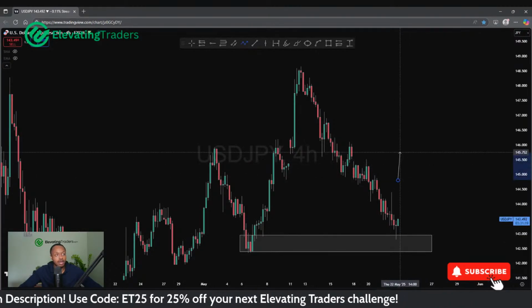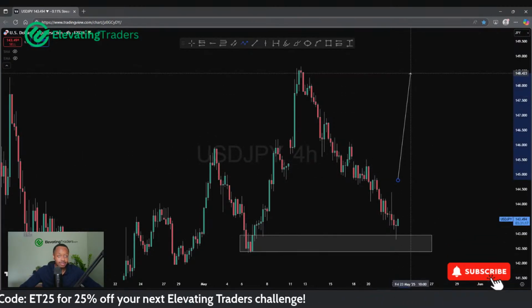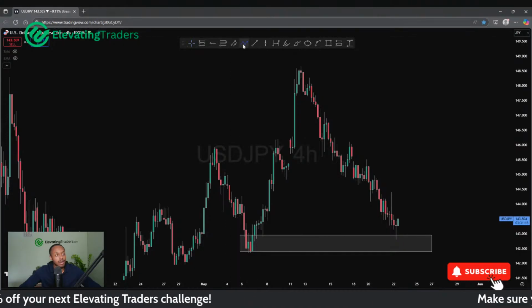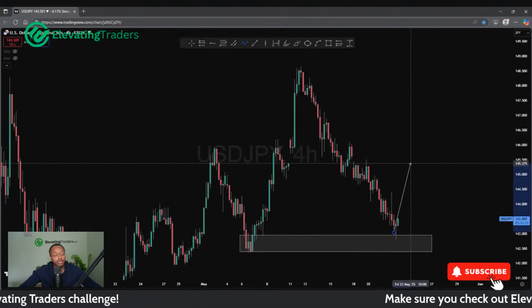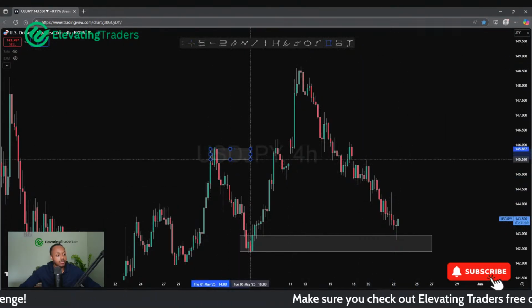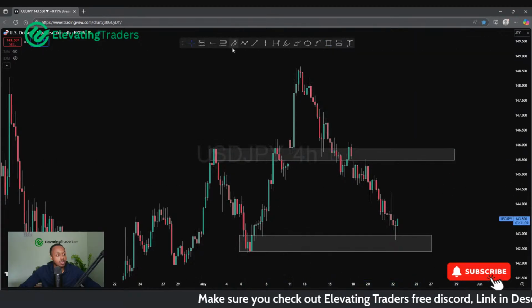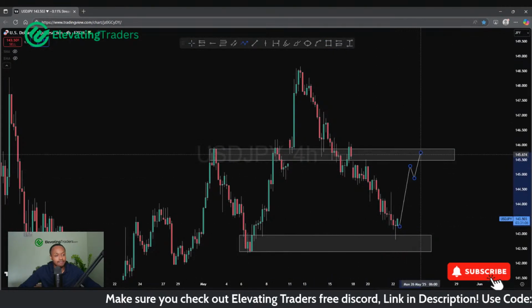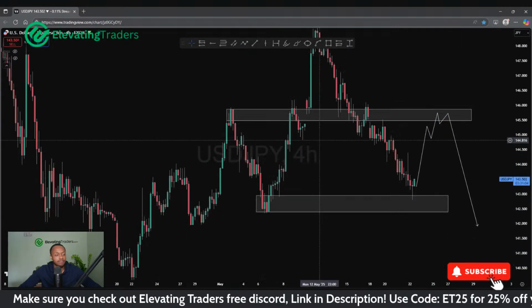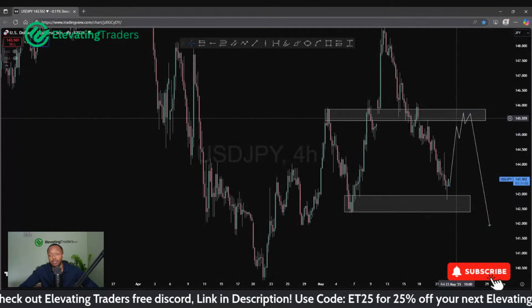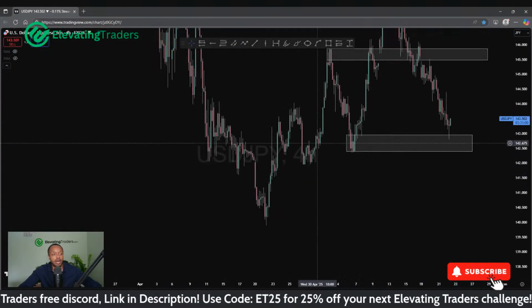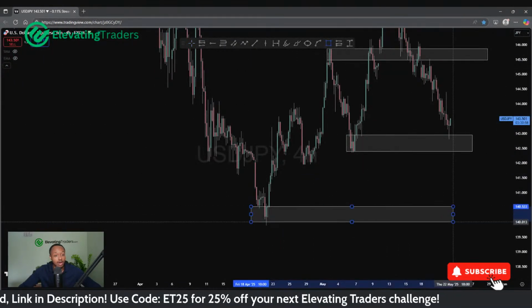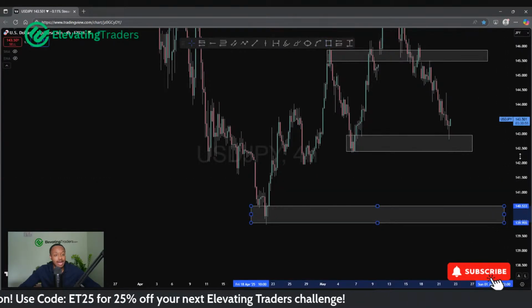I was at the start of the week looking for us to get back to highs. No longer expecting that. I do expect to see somewhat of a retracement, but we might start to find some resistance now as we do approach 146, and from there we might roll over. So I still think there's a buy to be had here for dollar yen. I would probably agree. I think 140 is probably looking more likely now.